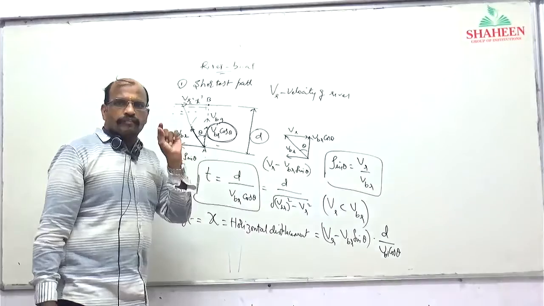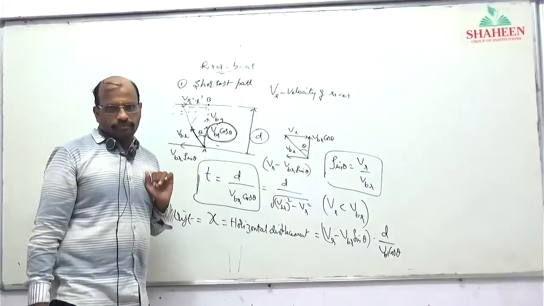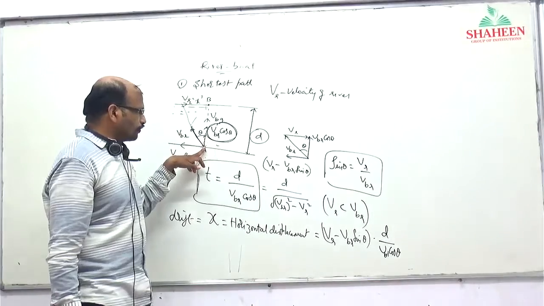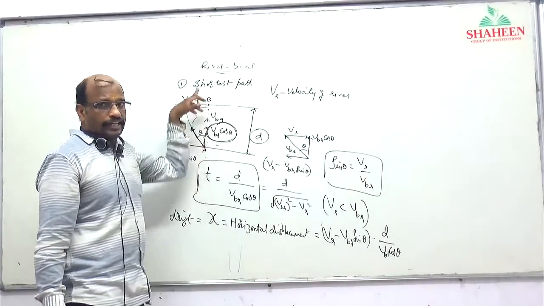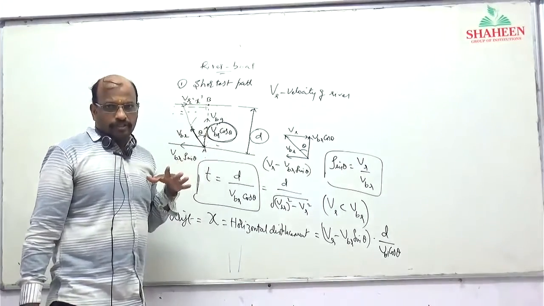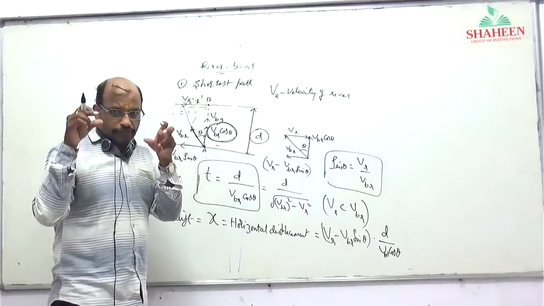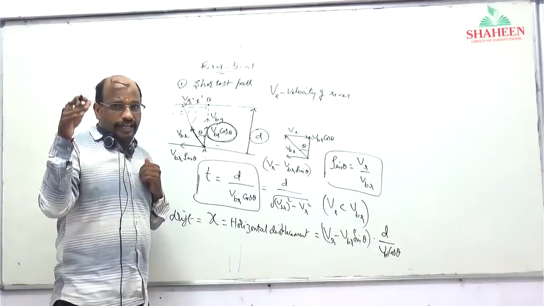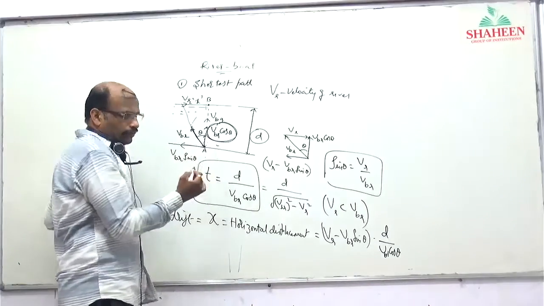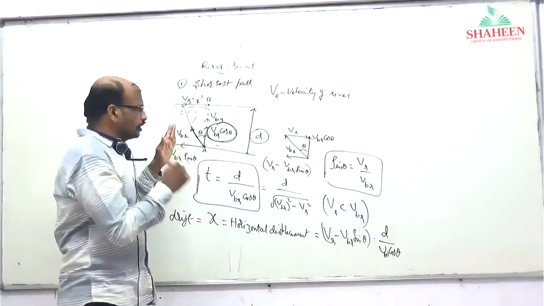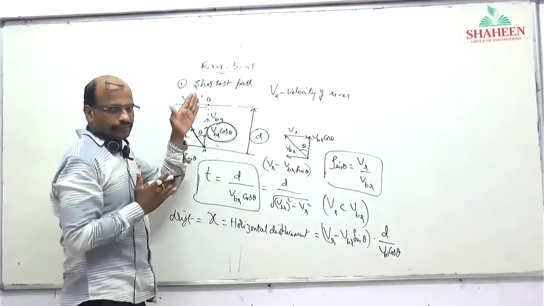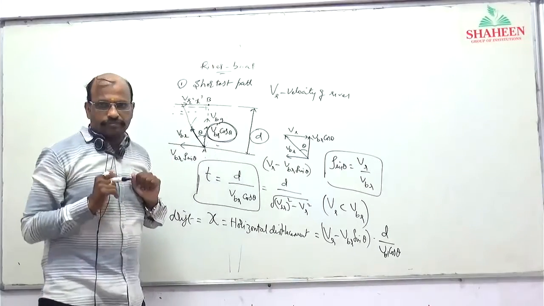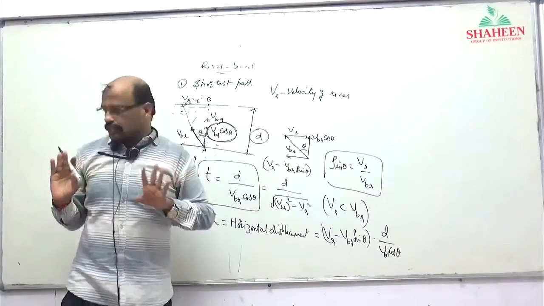VBG is the velocity of boat with respect to ground. What will the ground person see? The boat is moving along AB. Finally, it is reaching B. With respect to the ground person, the boat is moving straight actually. Actually it is moving like this, at some angle theta. But because of the river push, the boat moves in this direction. Because of the river push, it will reach in this direction. Is it clear now? Shortest path is clear.